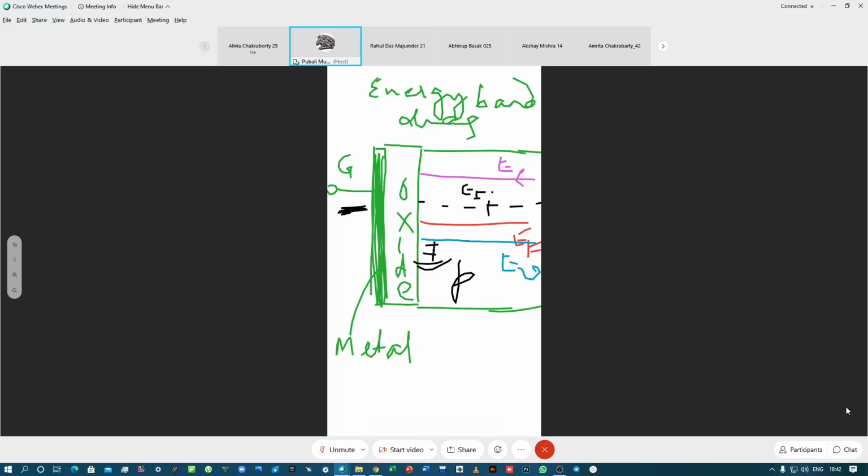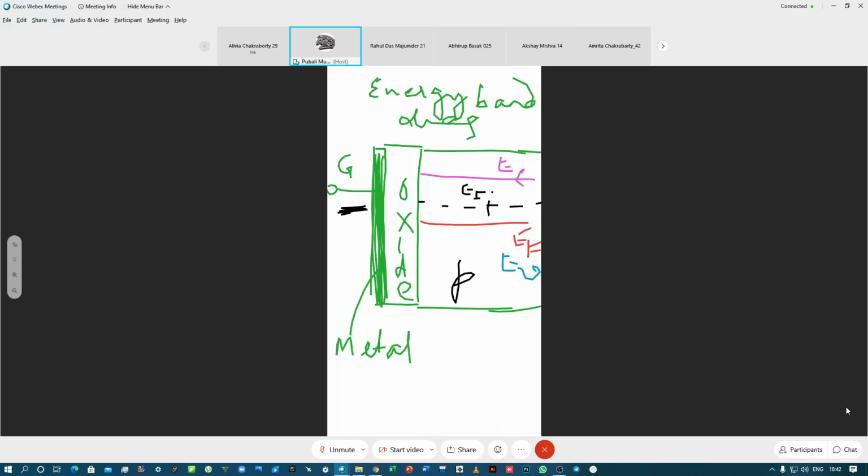So what do you do? If the semiconductor becomes more p-type, how do we represent it? The more p-type, the more the valence band will be moving closer to the Fermi energy level. So this energy band structure will undergo a slight modification in the form